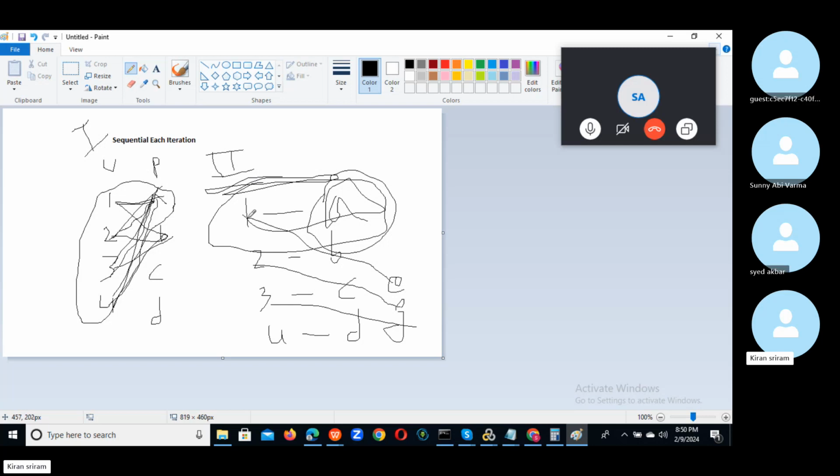Random is nothing but whatever may be. One will pick B also, and the second time two will pick B also, otherwise three will be